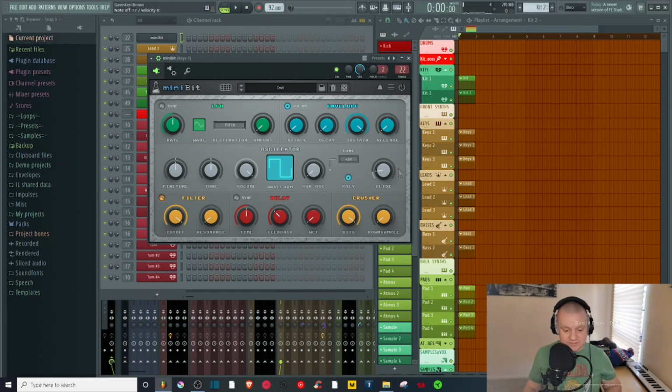So lots of fun stuff with that. Right now I'm playing it in poly mode. If I turn poly mode off, then you can go from note to note while holding just one, play with that a little bit for a nice little solo lead. One thing that's kind of fun is that the glide actually interacts with the tuning of the plugin. So for instance, if I turn my tuning down and start playing with the glide,